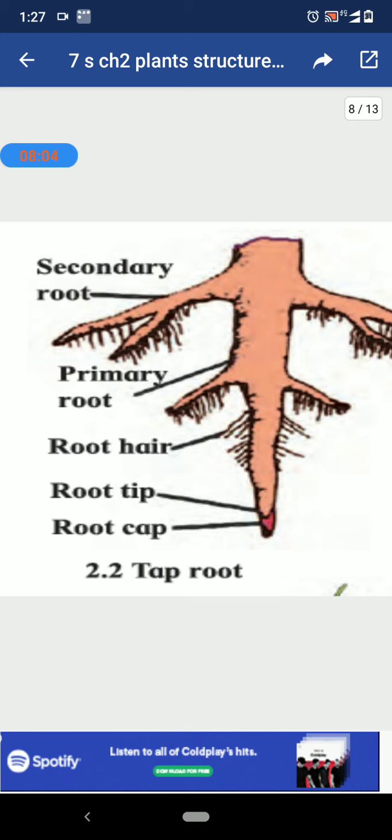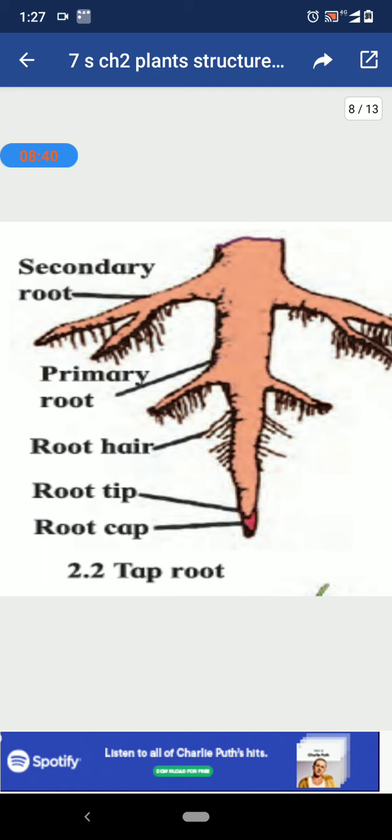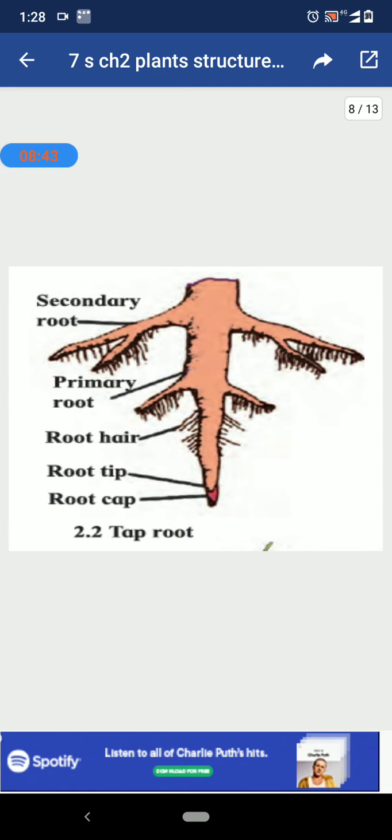Initially the tree will try to survive, but the injured root may not absorb the water and minerals from the soil, which is the basic function of a root. They will fail to do it. So initially they will try to survive, but they will fail in their duty of providing water and minerals. This will make the tree weak without food, because the food of the tree is water and minerals. Without that, the tree will become weak, the support of the tree will also become insufficient, and the tree will eventually die. That is the answer.